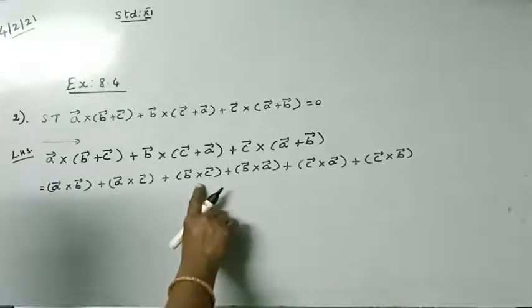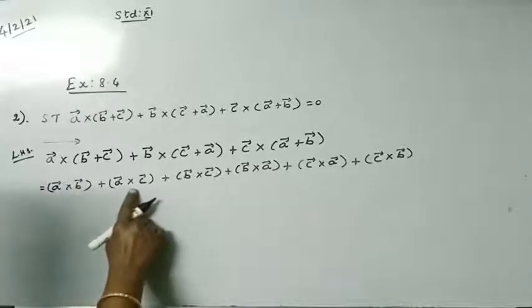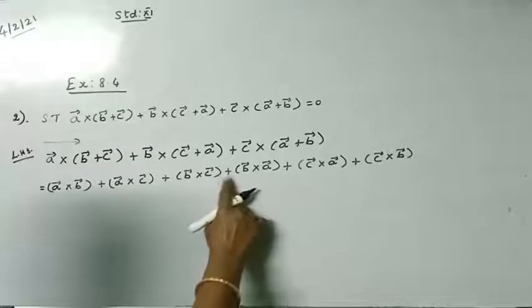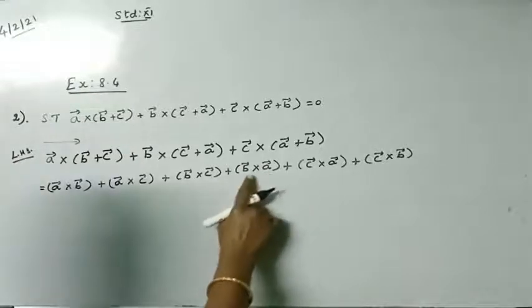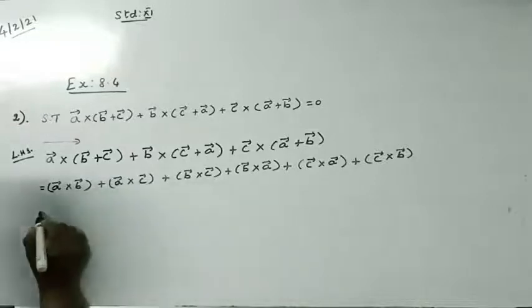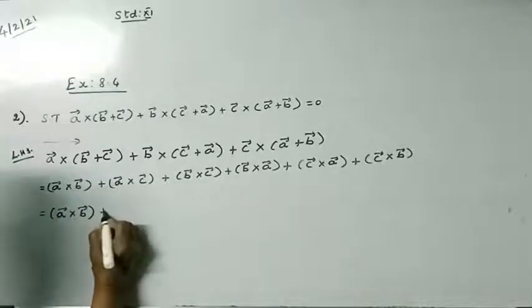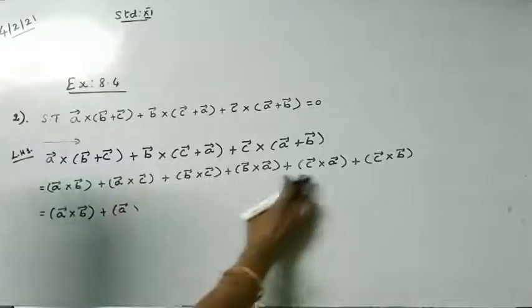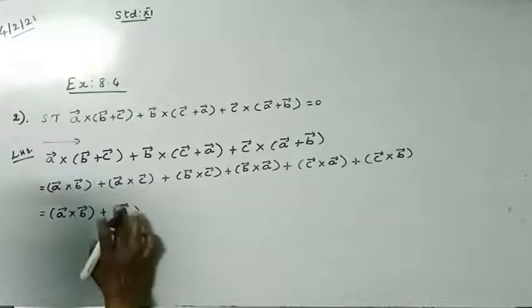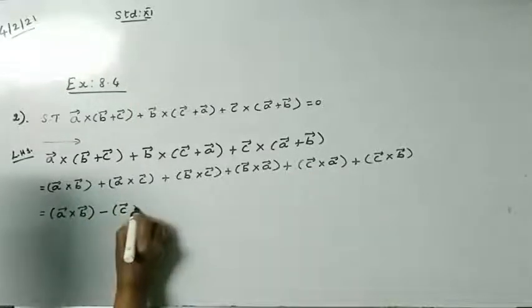Here, what are the things? It is A and B. So, A after B, it's correct. AC, it's correct. BC, it's correct. BA, it is not correct. It should be AB. So we can change the sign to minus. So, A cross B plus A cross C, this also can be changed. We can bring it as C cross A. So this can be written as minus C cross A